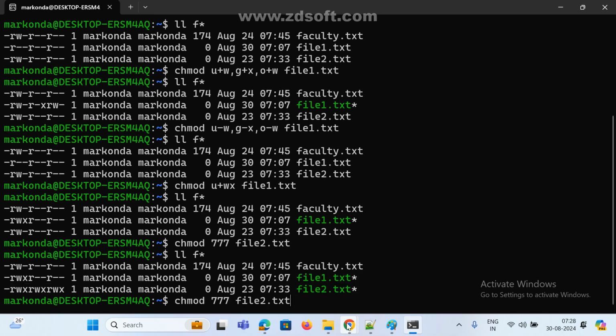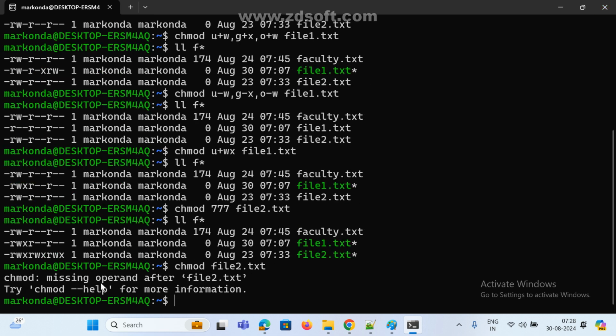So now I am giving chmod, but I am not passing anything. Will it work or not? I am removing all permissions from the file. Will it work or not? Anyone, at least guess. Not. Just adding or removing is okay. Now I remove everything for this file. Now see here: chmod missing operand after file. Try chmod --help for more information. At least we need to add